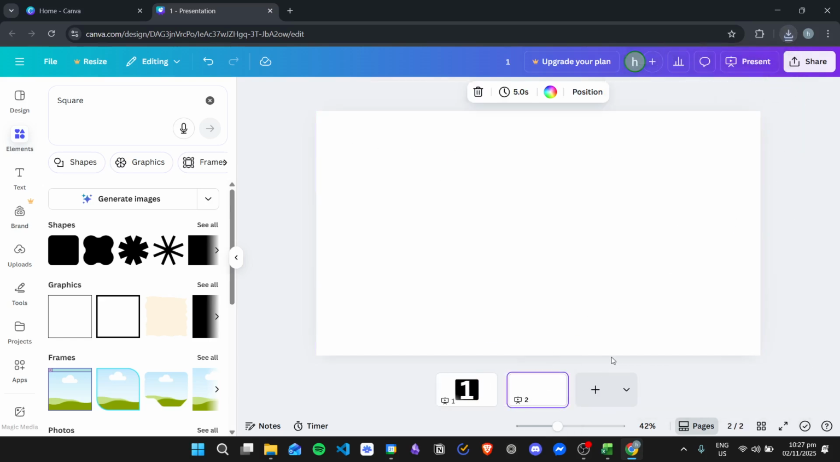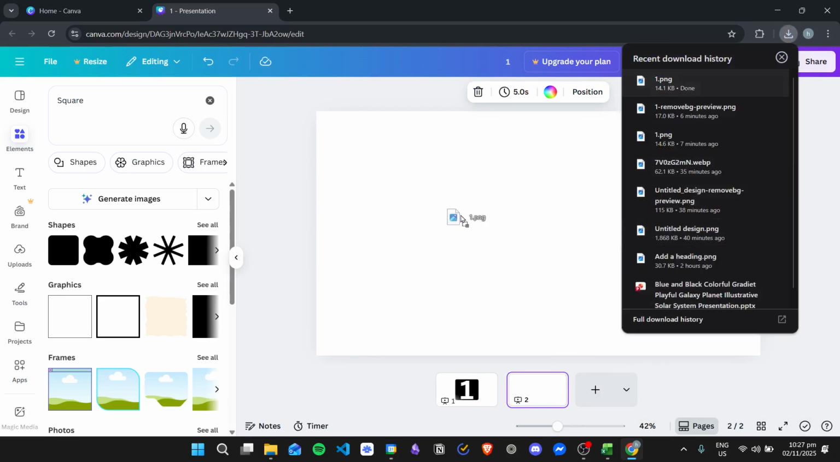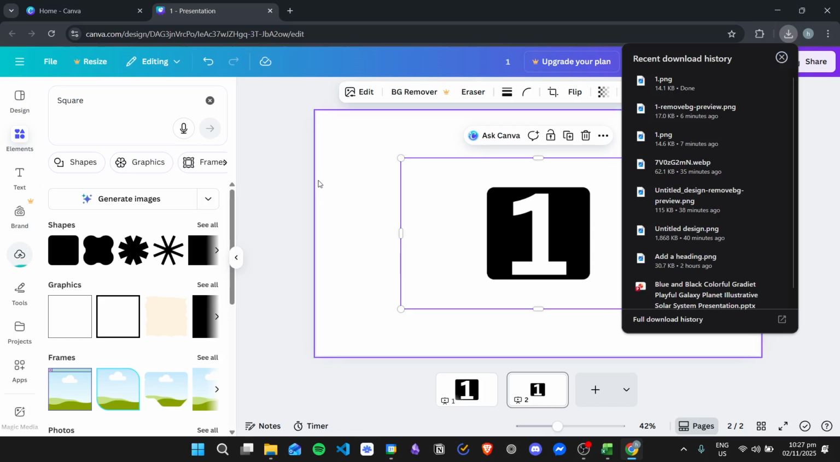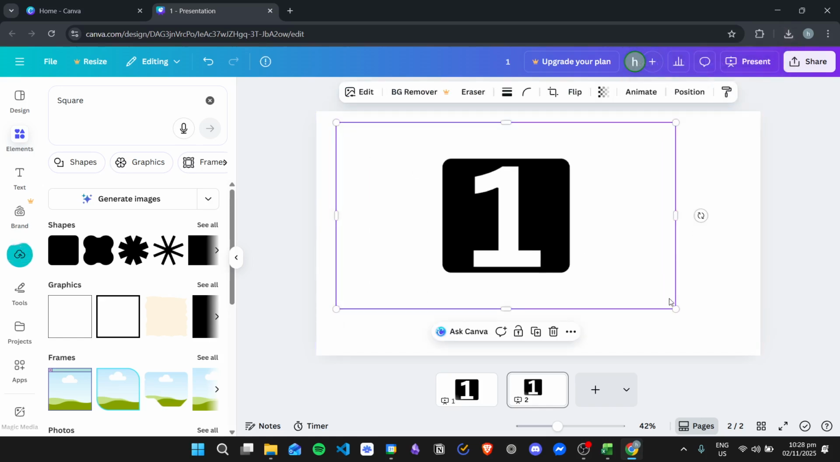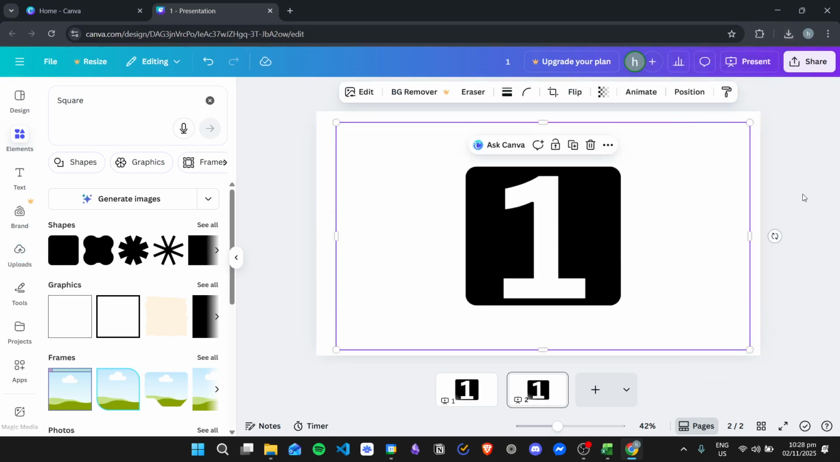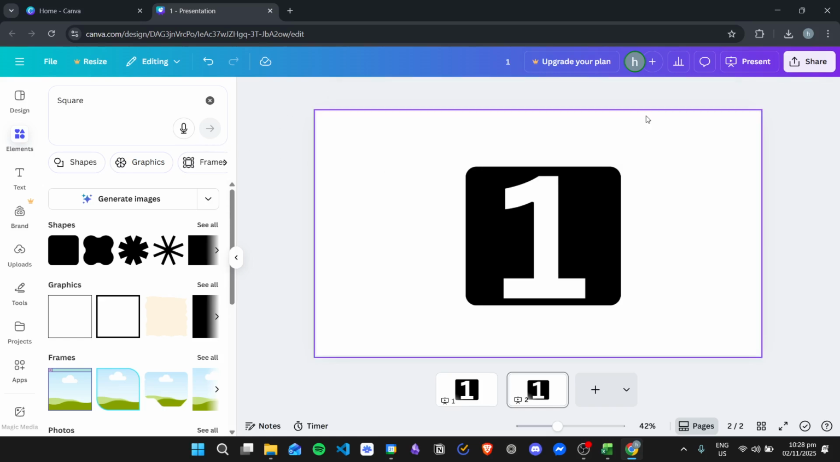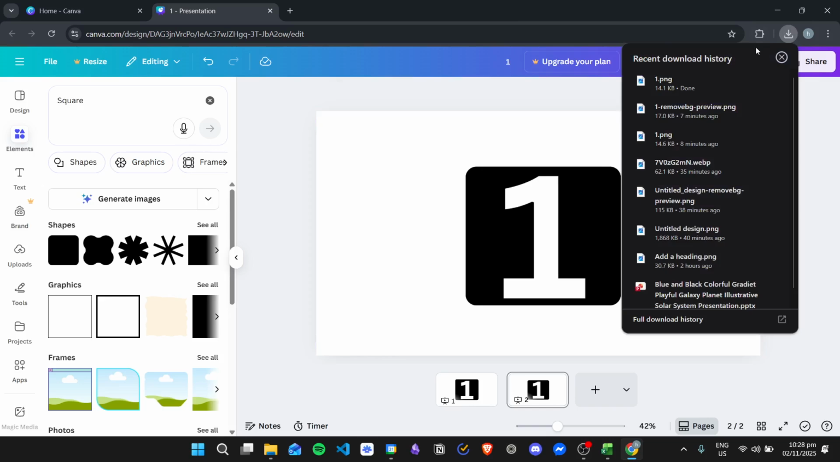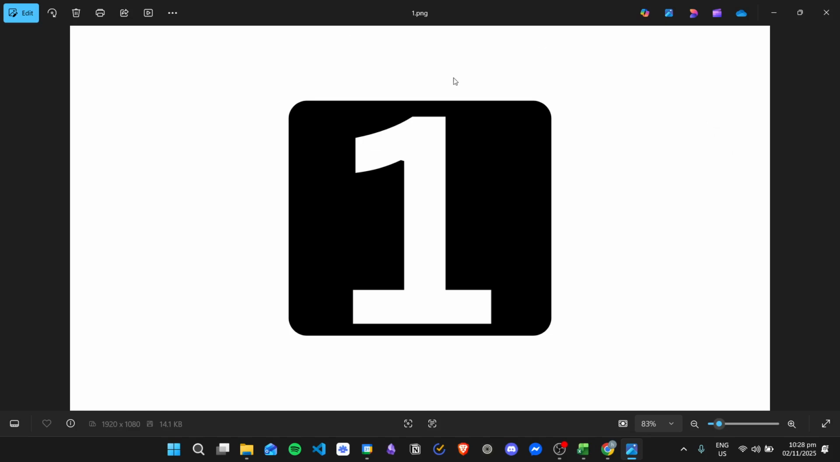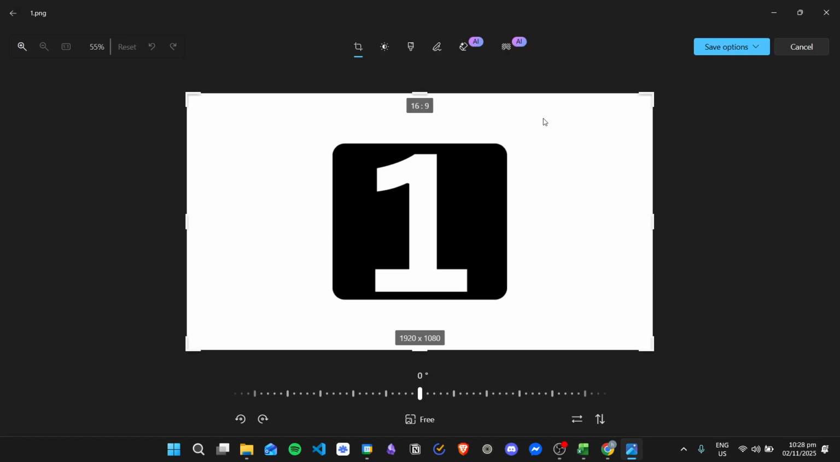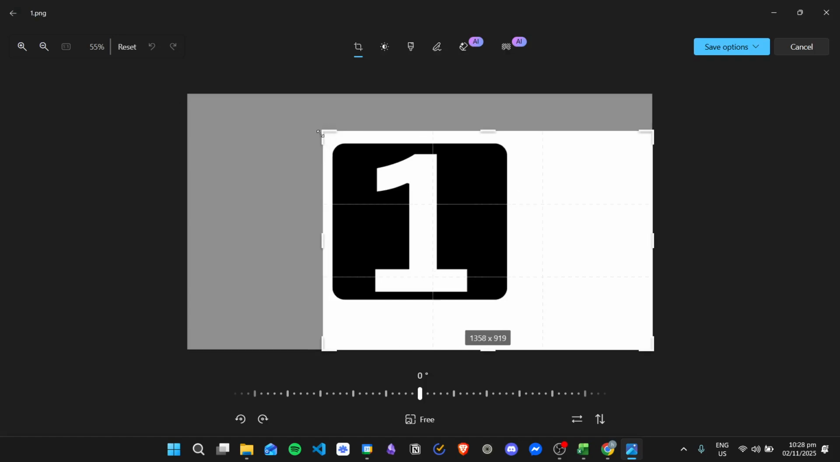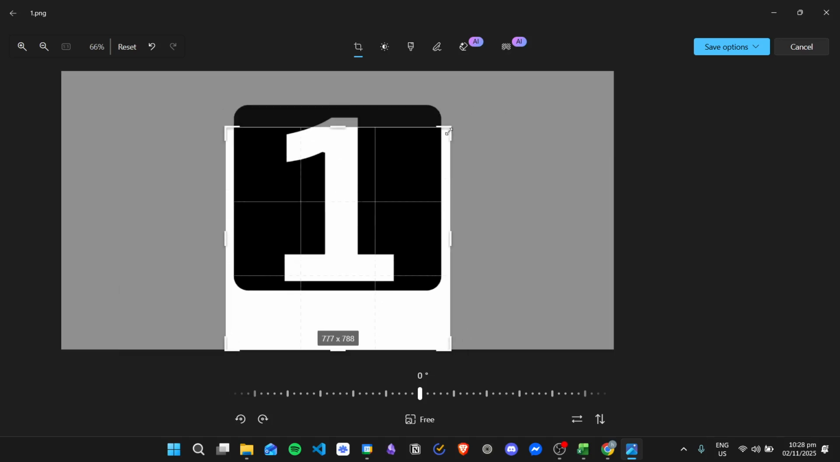Let's create a new page, and then we can use the file right here. Again, if you are using the Canva Pro account, you can just use the background remover right here. But since we are using the Canva free account, we will need to use a workaround. One way is that you can open your file in Windows, go to edit, and then you can adjust the size right here,